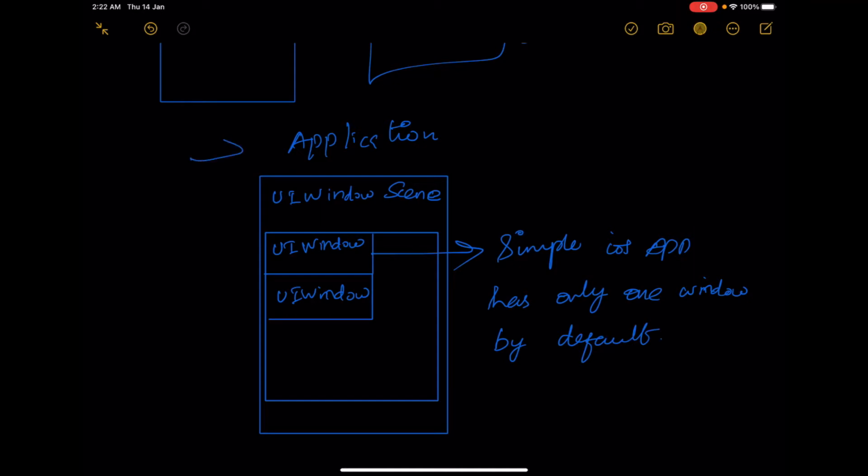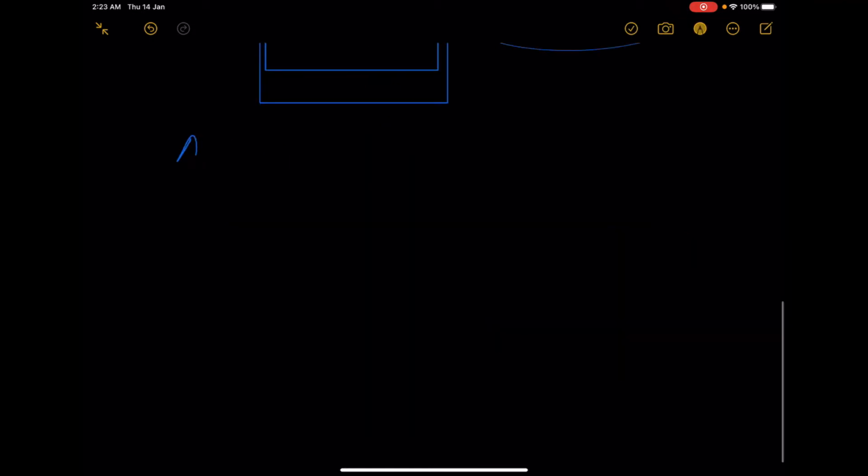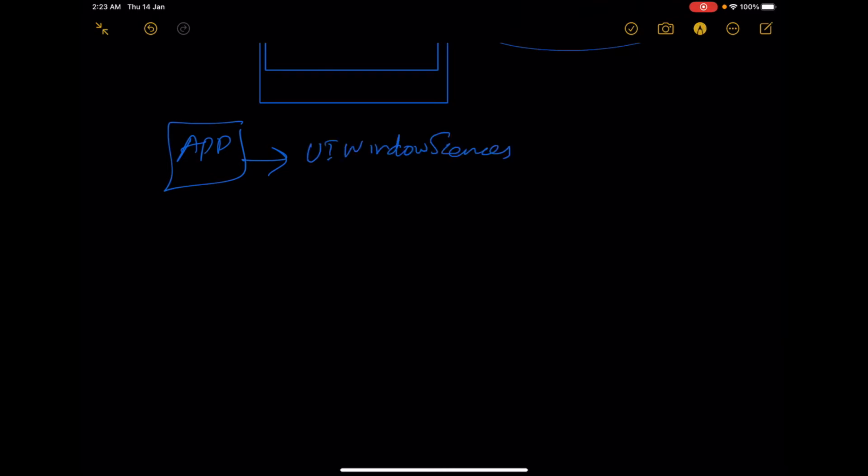We have an application. Each application has a UI window scene. Each UI window scene might be having multiple UI windows, and in a simple iOS application we used to have one window by default. App has a UI window scene. Each window scene has a window.